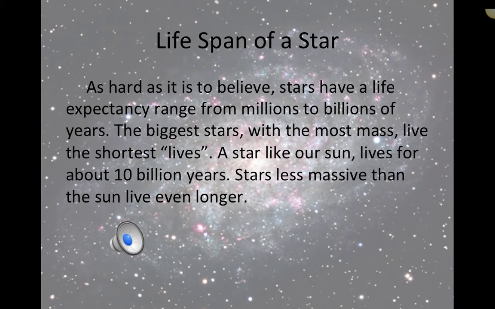The lifespan of a star. As hard as it is to believe, stars have a life expectancy range from millions to billions of years. The biggest stars with the most mass live the shortest lives. A star like our Sun lives for about 10 billion years. Stars less massive than our Sun live even